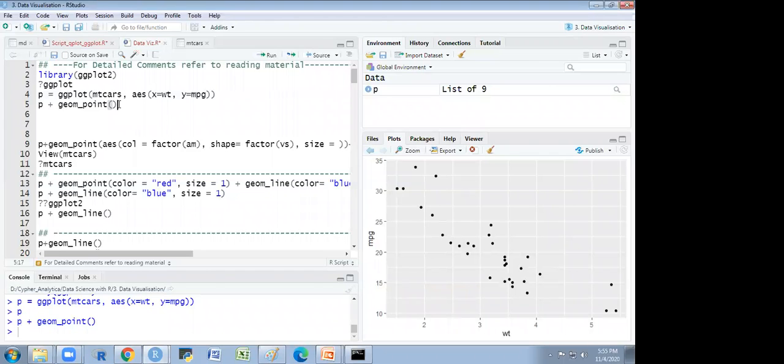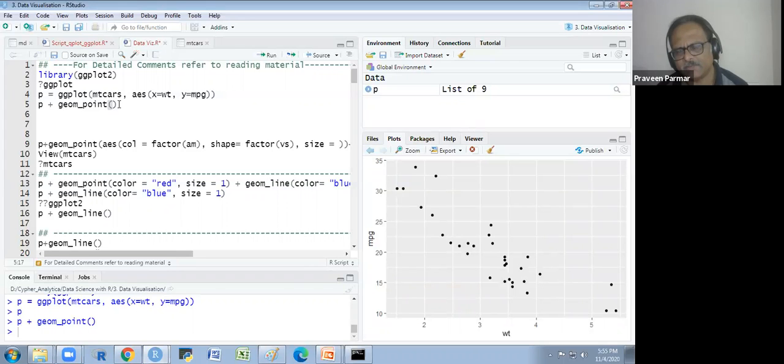Yes, sir. Here both variables are numerical, right? Yes. And if I have my own data, then instead of mtcars, I will set my data over here. That's it, right? Yeah. And both variables I can plot. And let's suppose I want to add 3 or 4 variables, then I will explain that also.